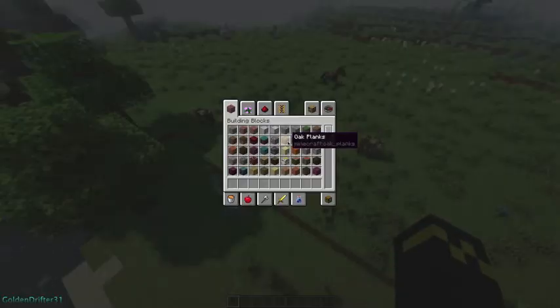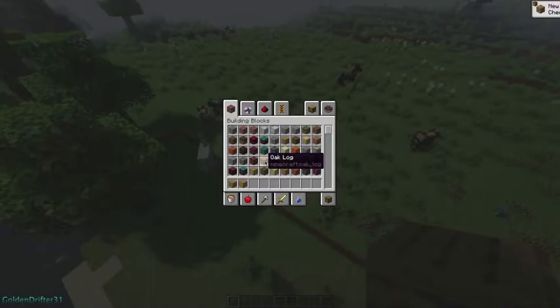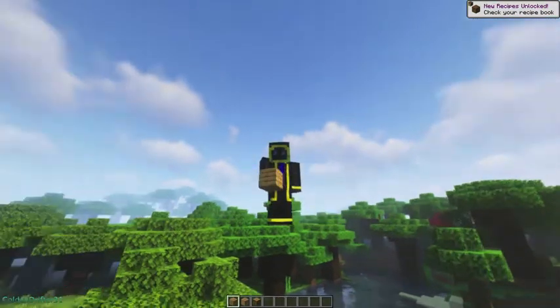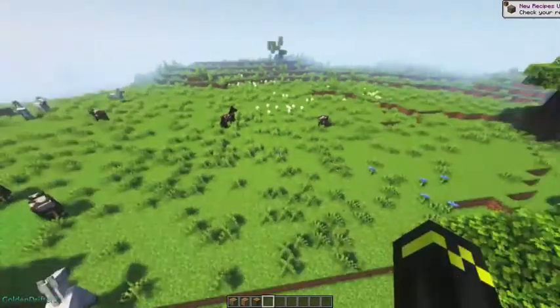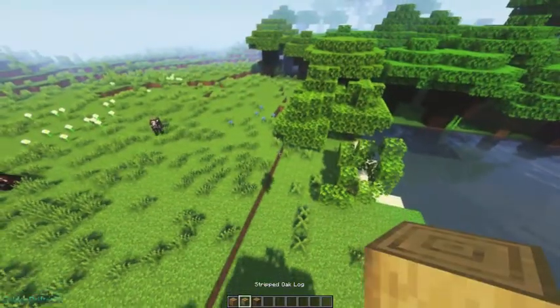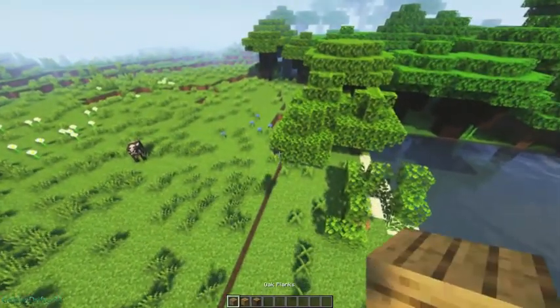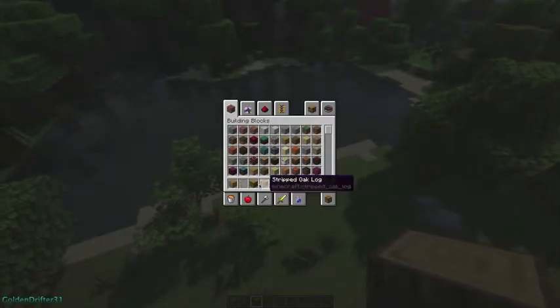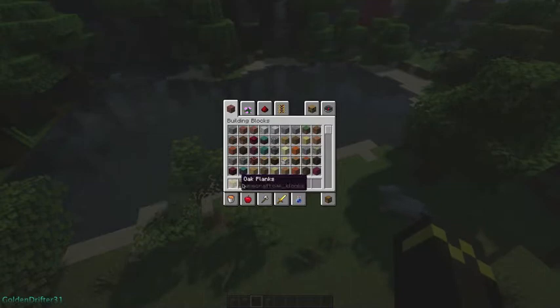So first off, you're going to want to go and collect some oak wood, just because oak is pretty much the easiest. You can get it in pretty much any biome you want. And you're going to need some logs, stripped oak logs, and then just planks for now. But you really only need these two right here, just because with your wood or stone axe, you can just